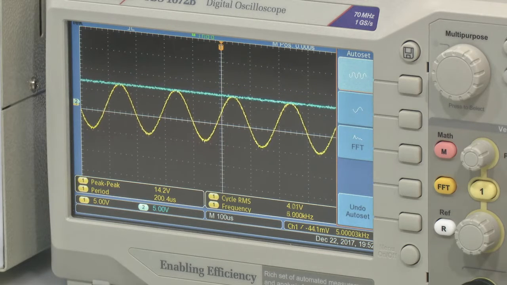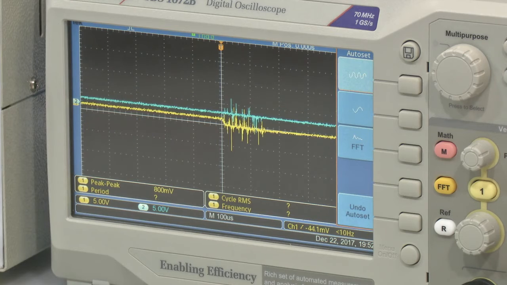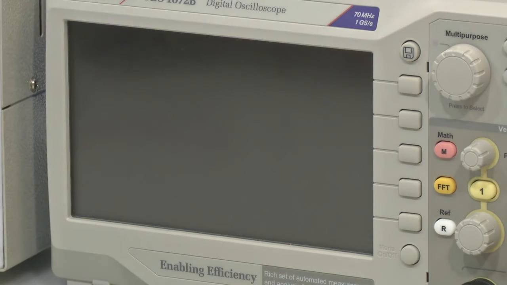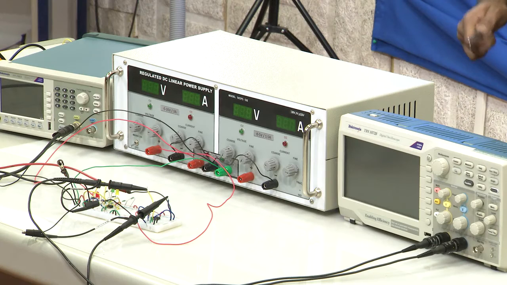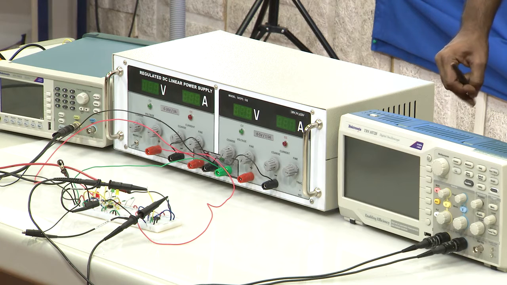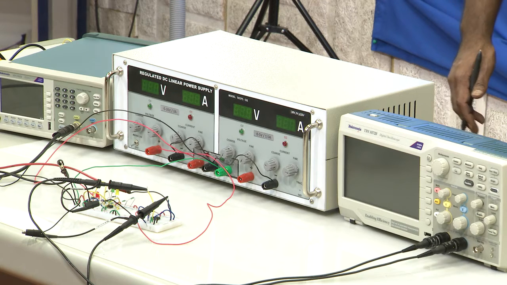So, now let us see the same circuit in Multisim and how we can design a similar circuit to the one we have designed on the breadboard. For designing the same circuit in Multisim, we will do the same thing and we will ask Sitaram to join us. So, Sitaram is with us and now if you see the screen,